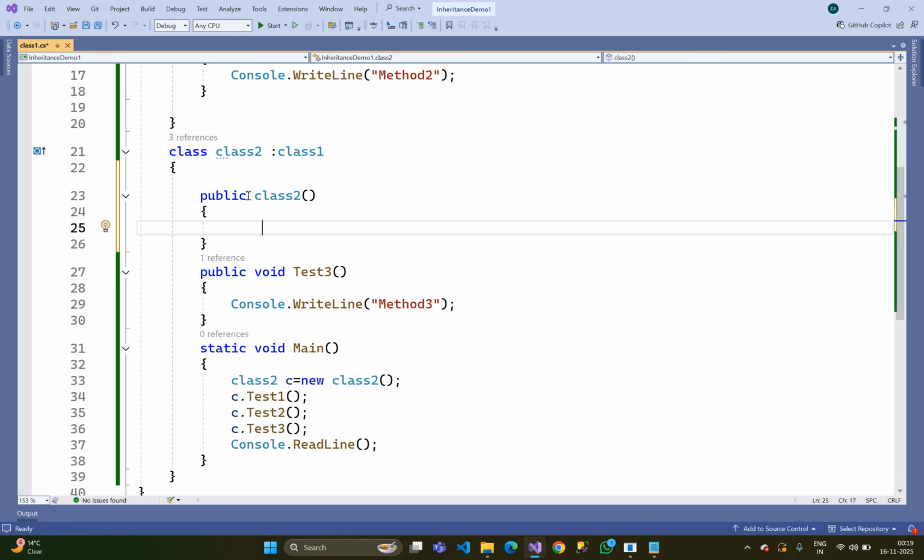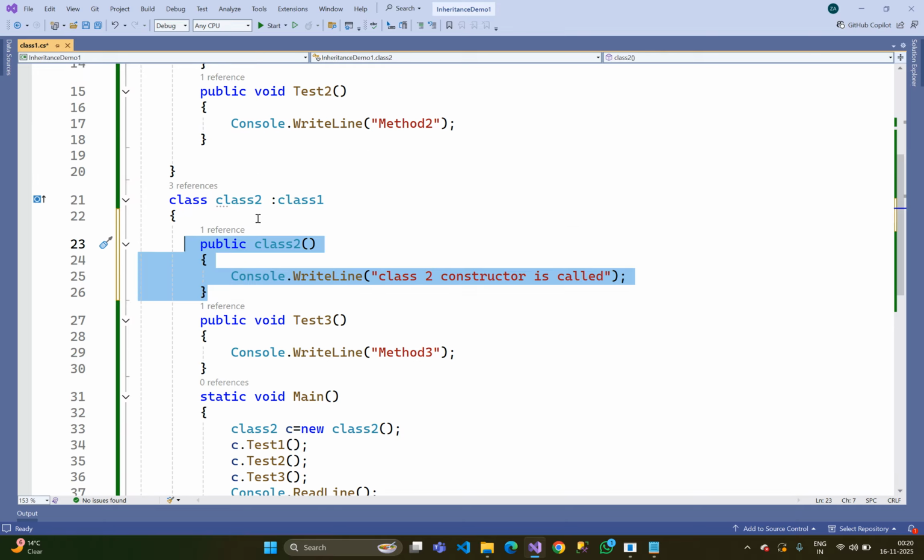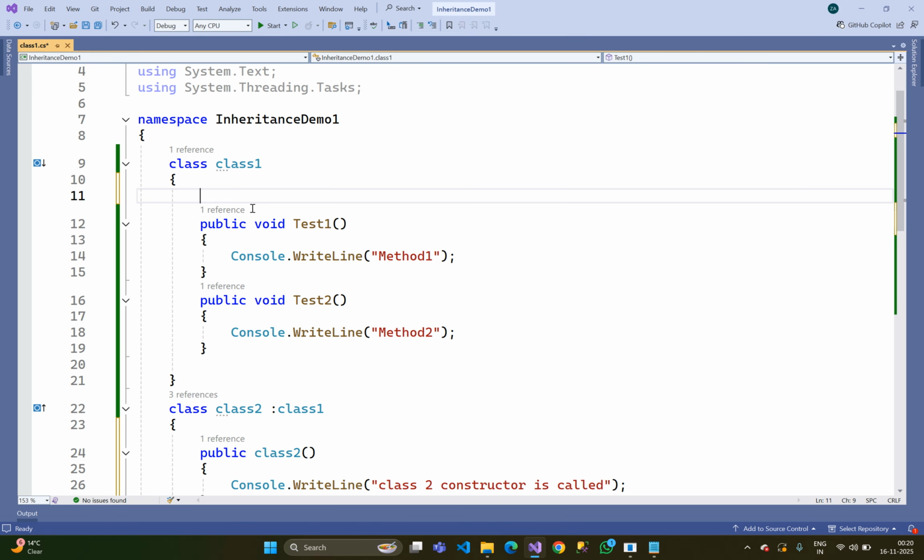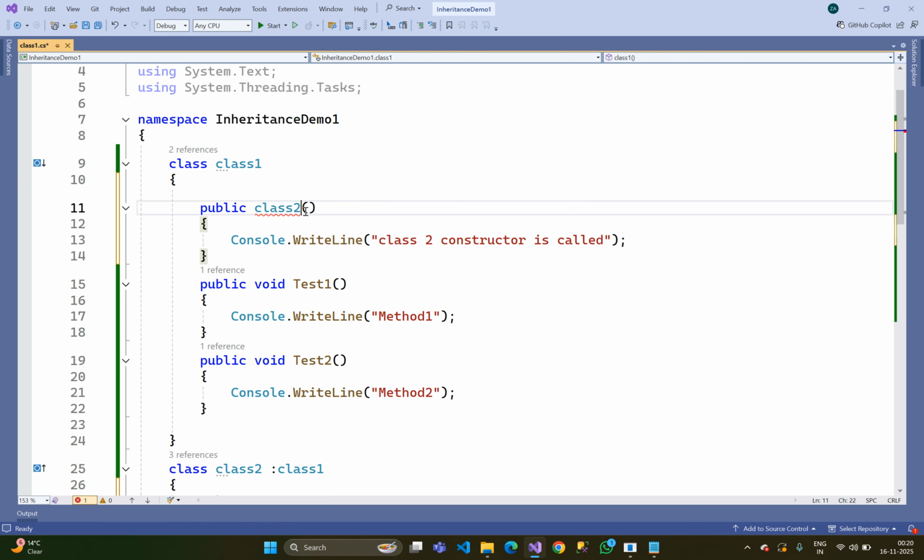This is an explicit default constructor. This is an explicitly default constructor, and in this constructor I write "class 2 constructor is called". Like that, we again write the explicit default constructor in class 1. "Class 1 constructor is called." Okay,